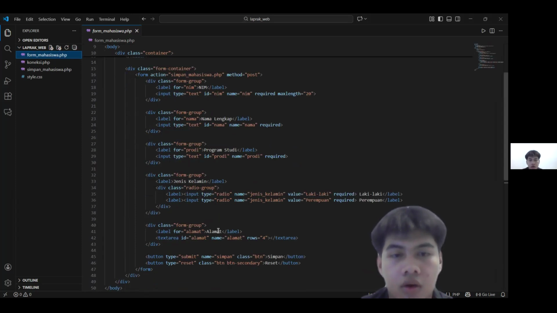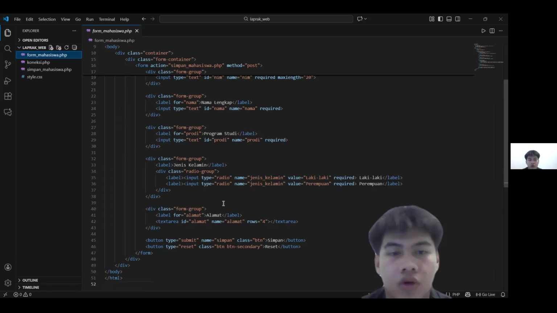And then for alamat, we use a text area here. And then in the jenis kelamin, we use a radio group, with input type radio for choosing male or female.